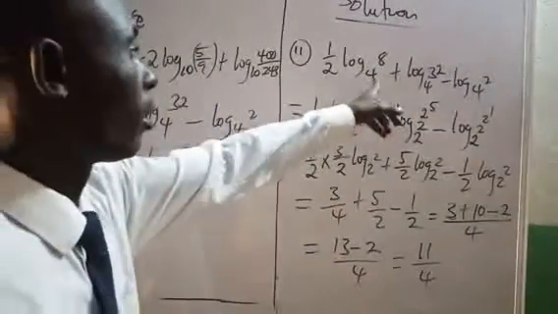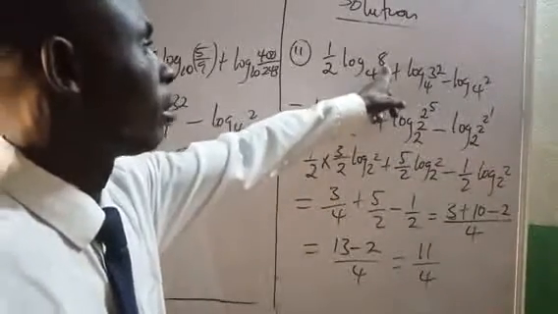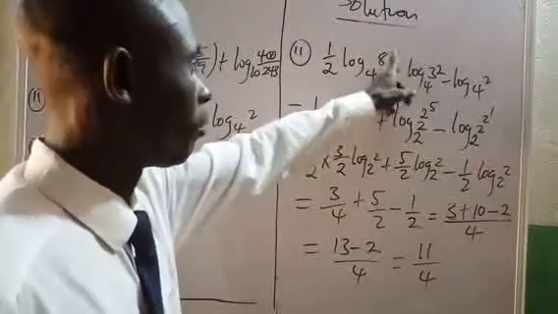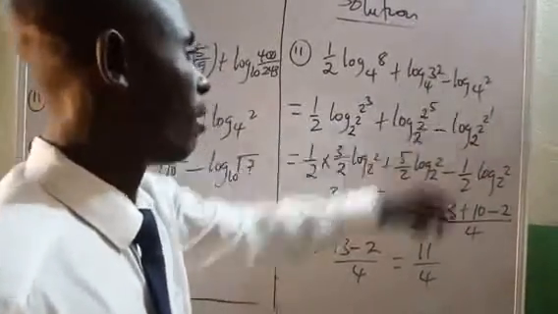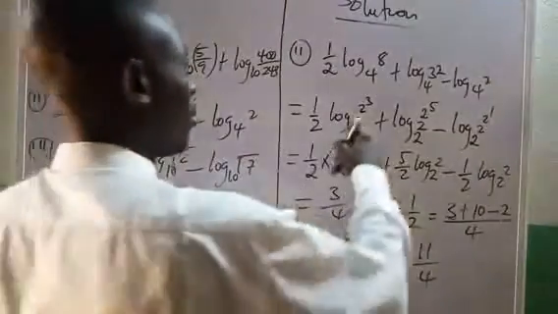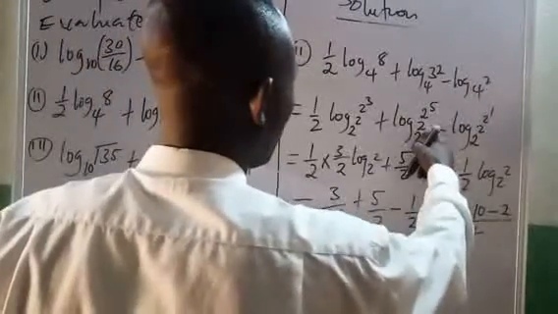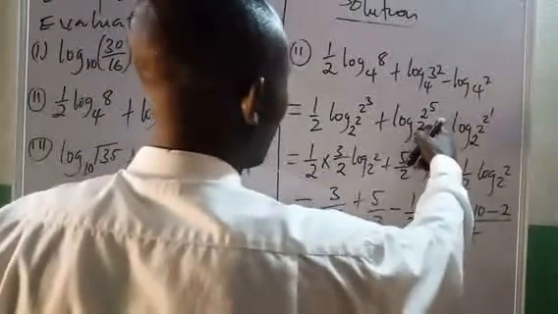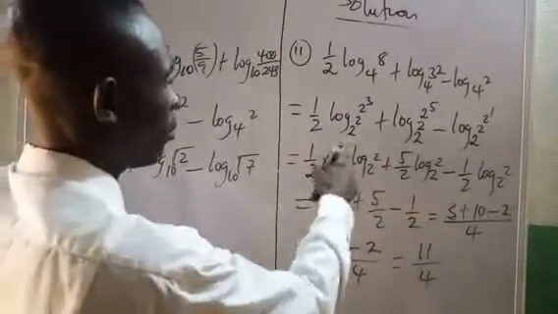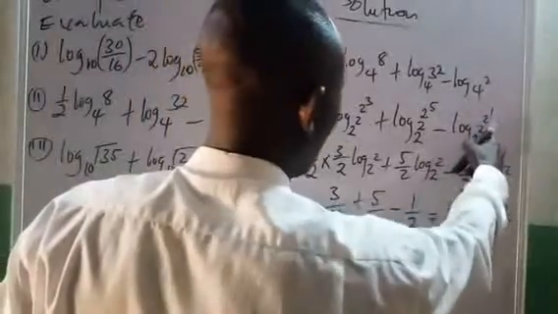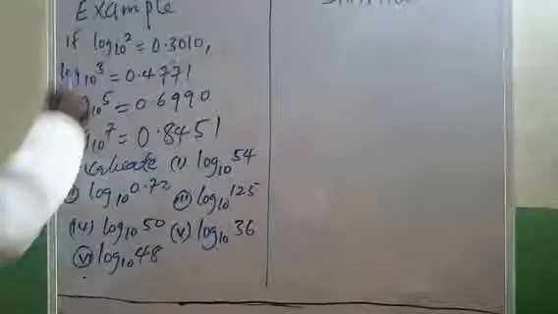Look at it very well. I spread this to the 2 raised to the power of 2. Why this is what? 2 raised to the power of what? 5/3. There you have 2. 32 is 2 raised to the power of 5. Remember our law. The law says we pair these two together, we pair these two together, and we bring this one down here. Then you bring your 3/2 down. Then here is 1/2, you bring it to the front. And so, further example,